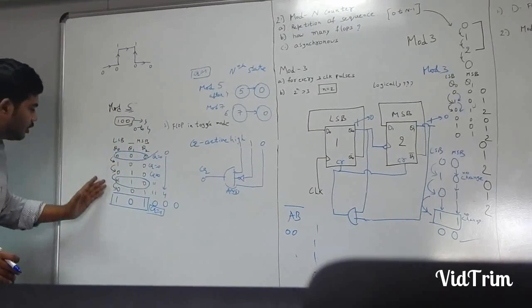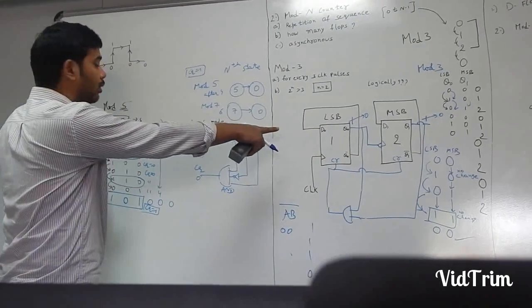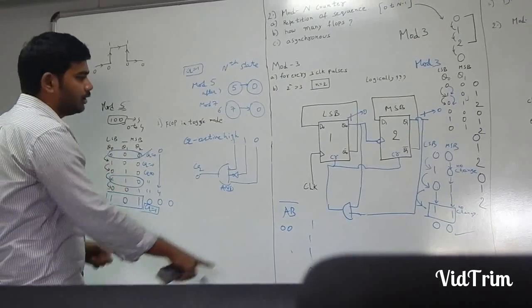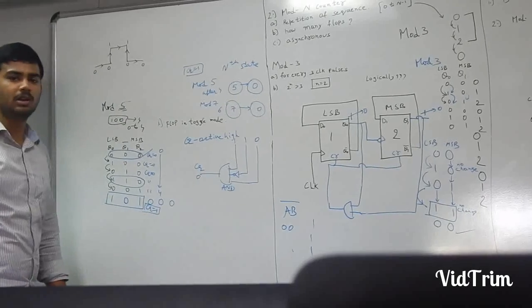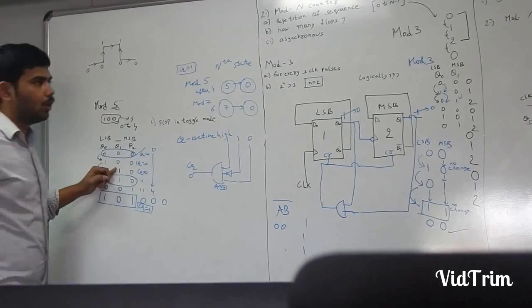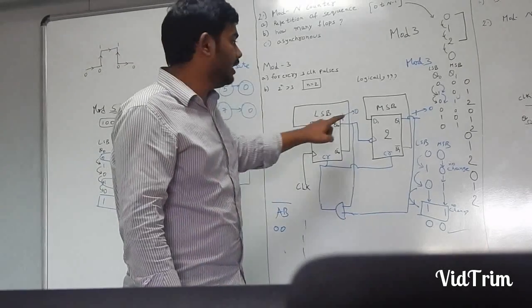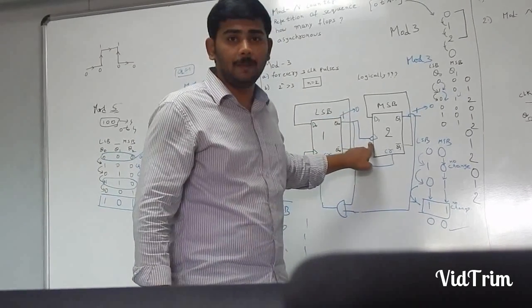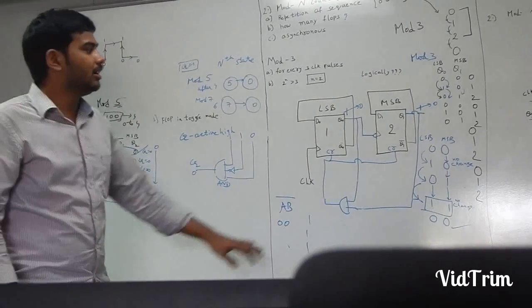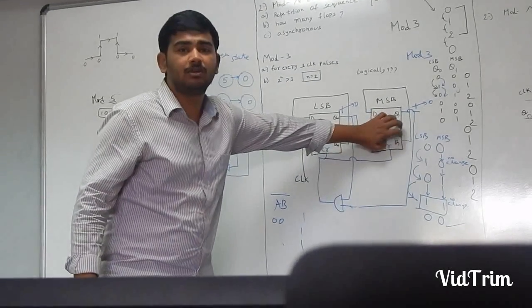What is my LSB? It is toggling. So I use the first clock as toggle mode. And based on this, it is also toggling. Based on this is also toggling. So every flop I use is a toggle mode only. But when it is going from 1 to 0 only, it is toggling. So 1 to 0 means definitely I give this to neg edge only. Then only it works.